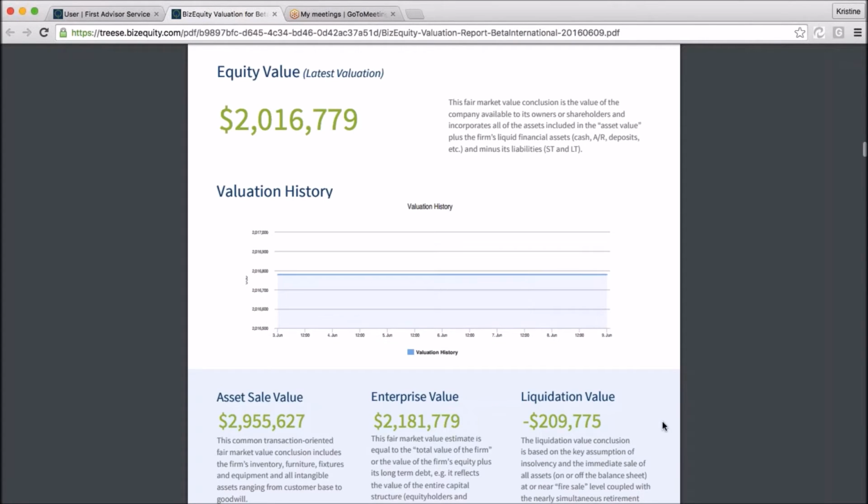But once we get to page 6 here, this is really the takeaway page, and this is, I'm sure, the page that everybody's familiar with, and this is where we present your 4 different business valuation figures: equity value, asset sale value, enterprise value, and liquidation value. There's a valuation history display in the middle of this page, and if you are looking at using this as an opportunity to